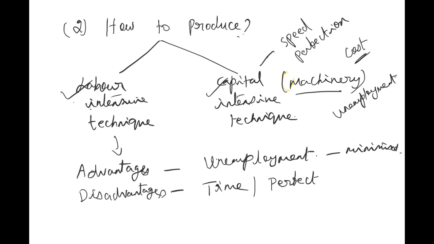Okay, but it can be compensated by the other benefits of capital intensive production. So depending upon the nature of the country, if the country has an abundant supply of labor, then that type of country can choose the labor intensive technique. It has to sacrifice all the advantages of capital intensive technique. If the country has a shortage of labor but an abundant supply of capital, then that type of country can choose the capital intensive technique. Okay, so that is the second problem the country has to decide upon, either to choose labor manually or through machinery. Okay, then the third problem is